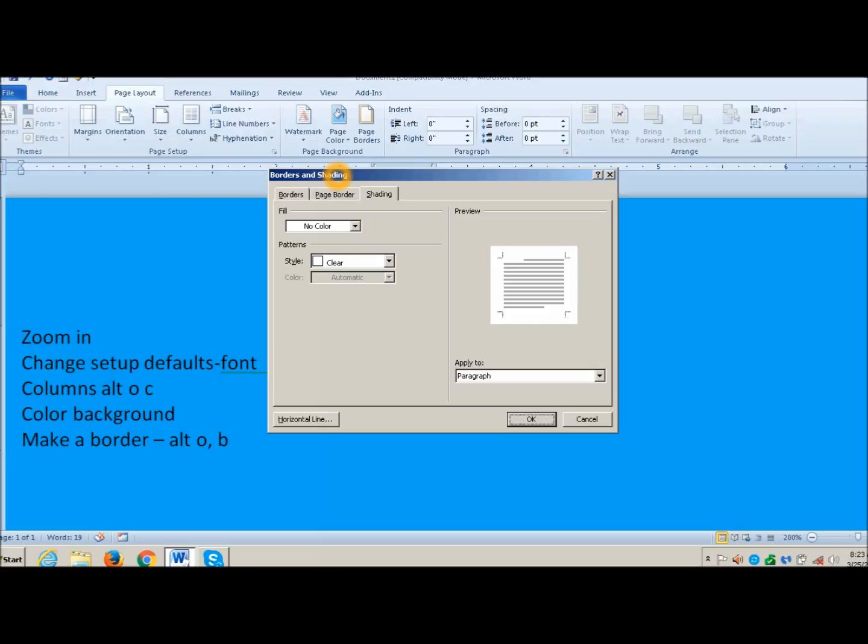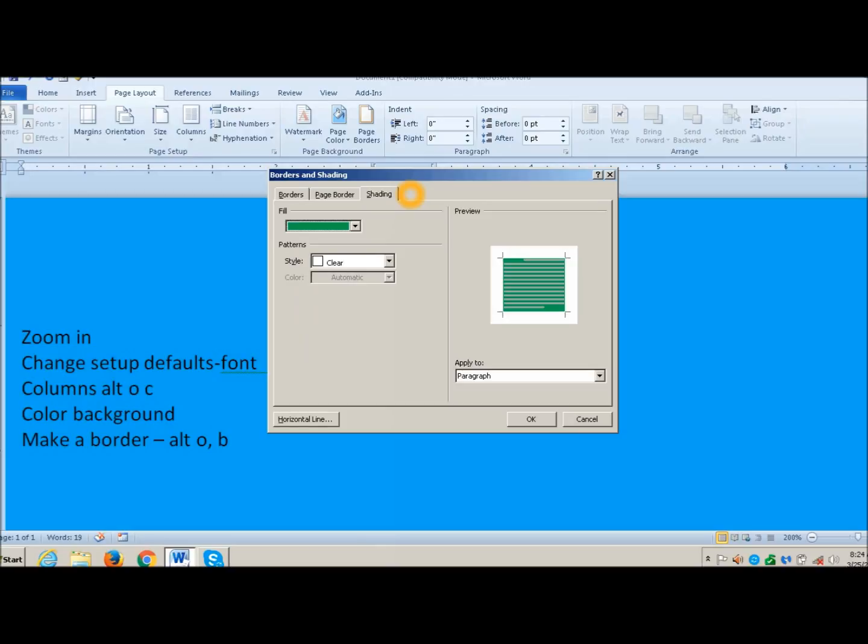Now I want to jump from one tab to another. This is a tab, this is a tab, this is a tab. The way I explain that to students is picture three pieces of paper there. Well, this is shading. If I fill, I can actually select a column. You tab in and you can actually change your color, down arrow, and you can hit enter and that will